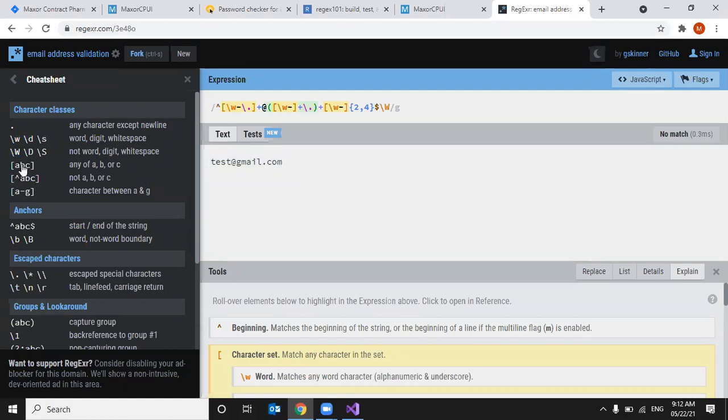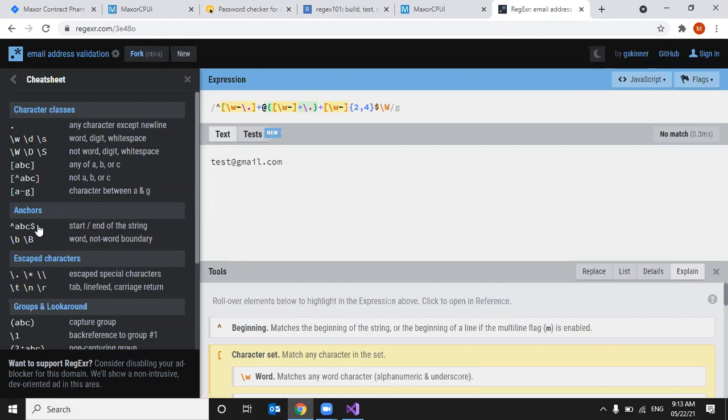ABC represents any characters like A to Z. If you mention values inside square brackets, you can enter any one of them, A or B or C. If you put a cap symbol before a character inside brackets, it is negation, so not A but B or C. If you mention A-G, you can enter any character from A to G. If you give cap ABC dollar, cap is the start and dollar is the end of the string.